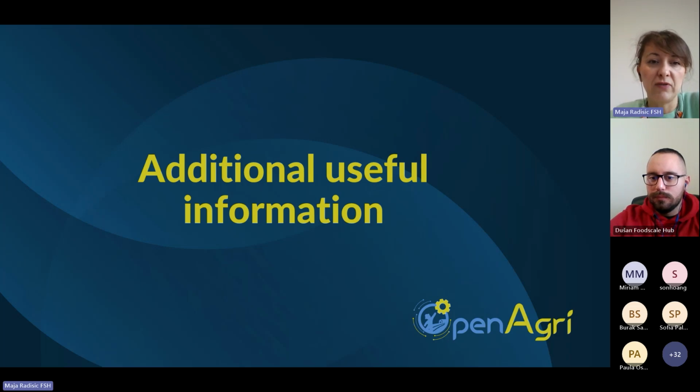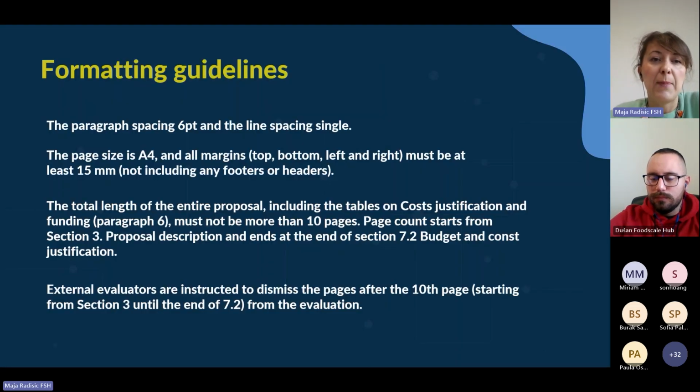And some additional useful information: please pay attention to the formatting guidelines. External evaluators are instructed to dismiss the pages after the 10th page within these 10-page limits as stated previously.